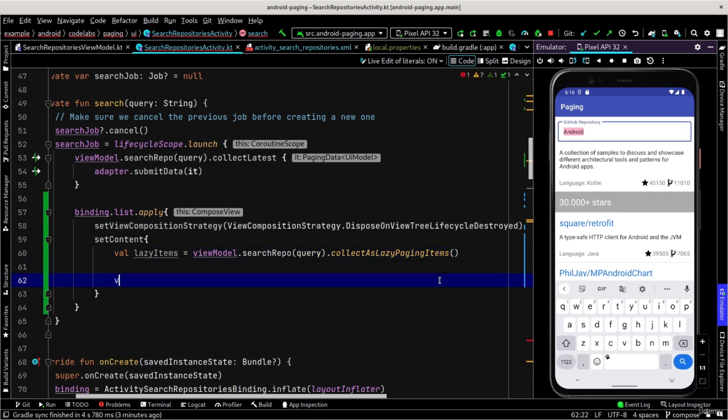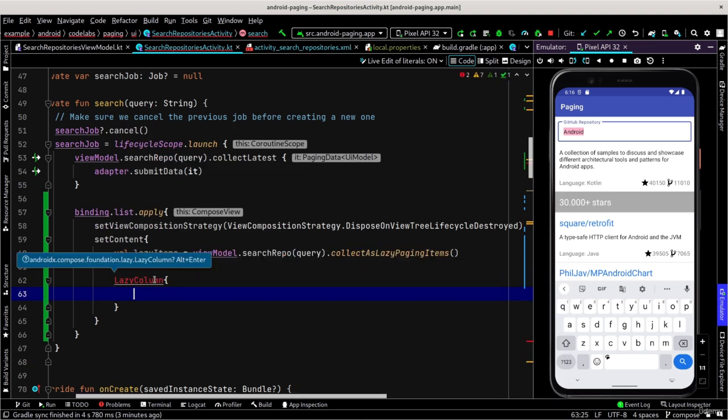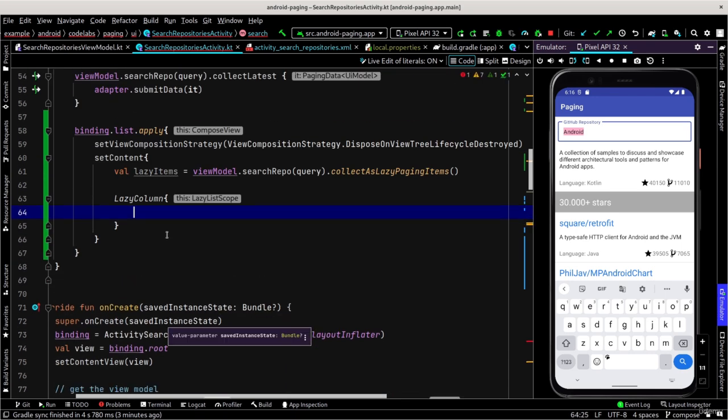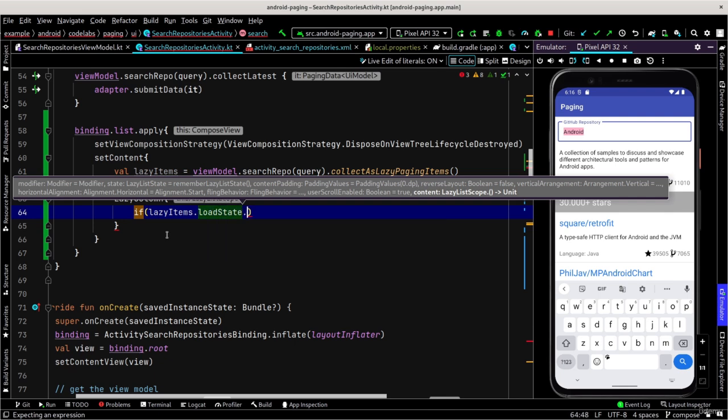Now I can pass it to the items composable, the items function inside lazy column. So I create lazy column, import lazy column. Inside the body of the lazy column, first I check for the loading state. So if lazy items dot load state dot refresh, if it is being currently refreshed, equals load state dot loading,